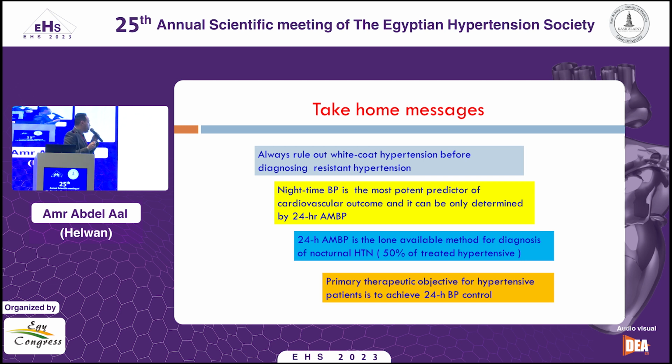Finally, our primary therapeutic objective is to achieve 24-hour blood pressure control all over the day. This is our first case. We can go to the second case or